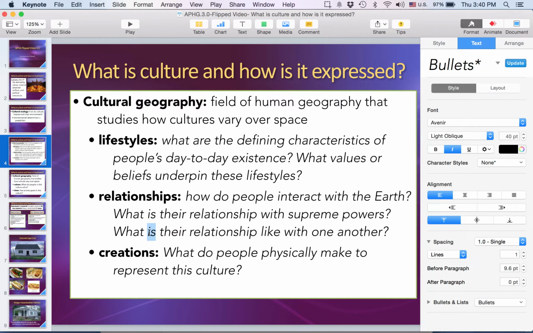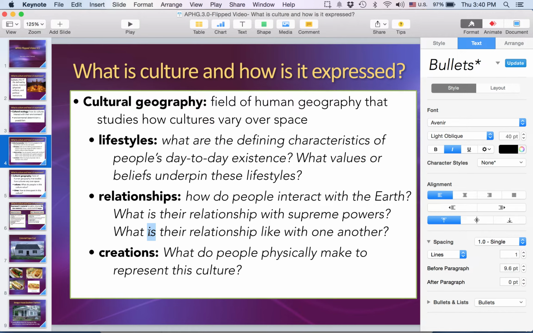What are their religious beliefs? How do those beliefs dictate their day-to-day lives? How do those beliefs dictate their clothes? What women should wear, what women shouldn't wear, what men should do and shouldn't do, what should people eat and not eat? Those taboos we discussed in the early part of the school year.